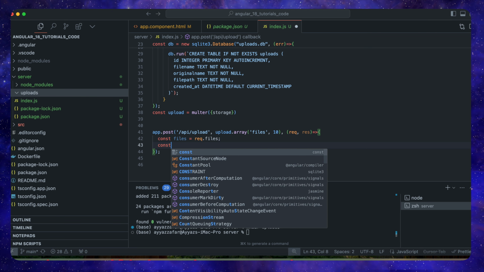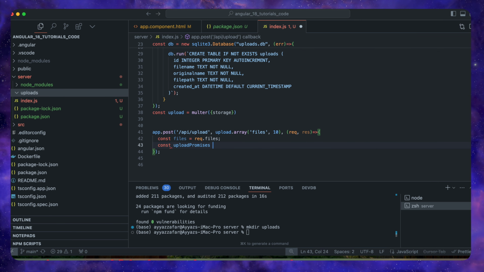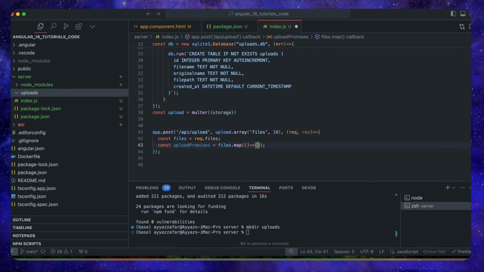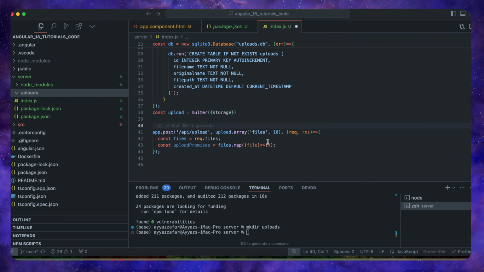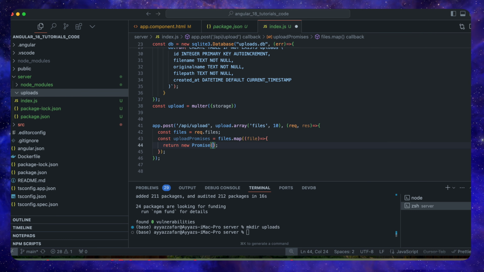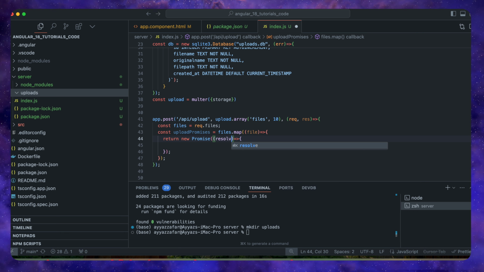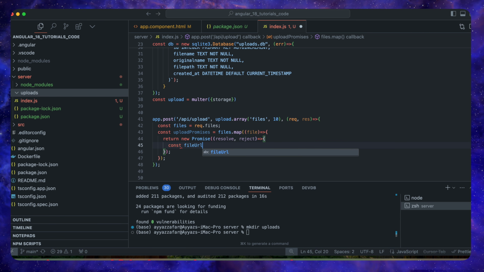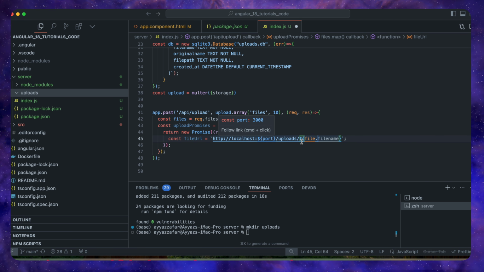I will create a constant that will be saving all of those promises. Constant uploadPromises is equal to files.map, and then I will pass a callback function, and in that callback function I will be getting file in every iteration. And now here I will return a new promise, and this will be getting another callback function, and then here I will be getting resolve and reject. Okay, here I will create a fileUrl constant with this string. This is a path: http://localhost:port/uploads/